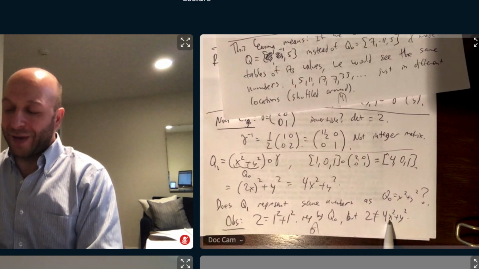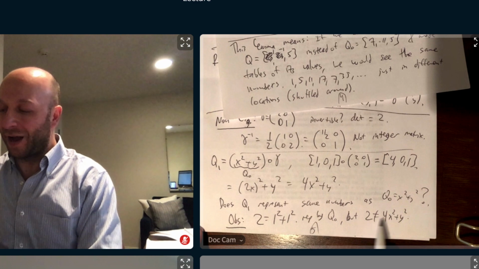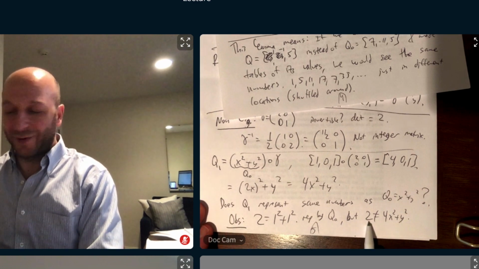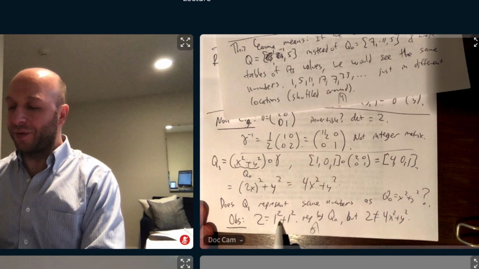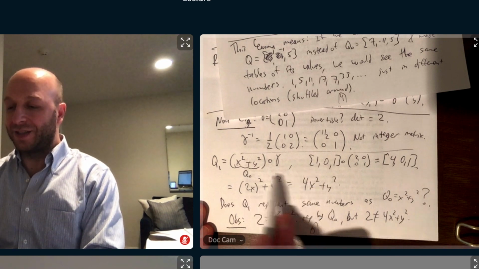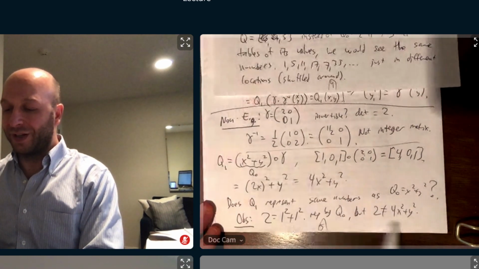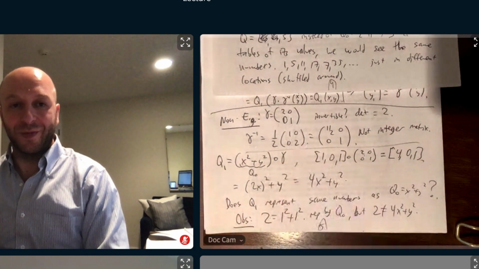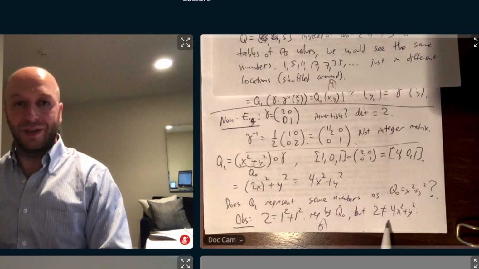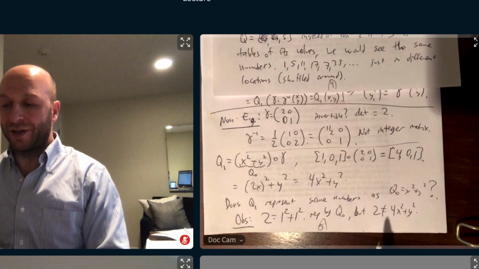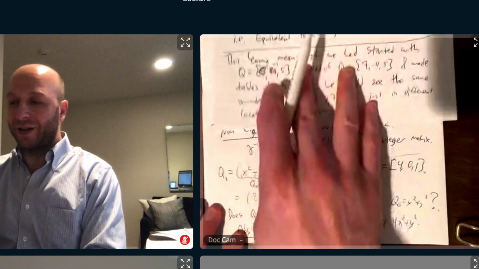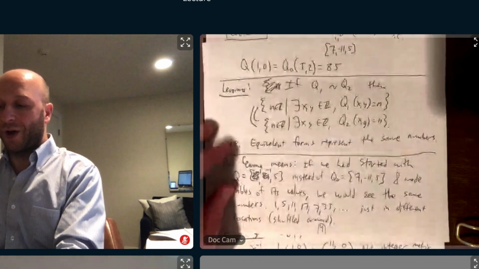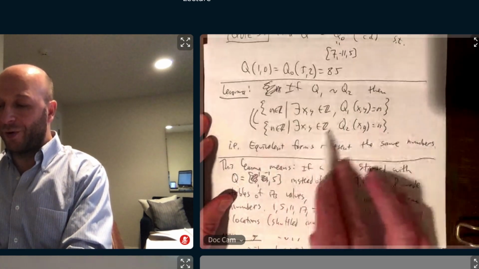If I make x anything other than 0, I'm too big. So that's exactly what Dependro is referring to. I'm stretching it disproportionately. This does not have determinant 1. It's not invertible. And so even a rational change of variables does not preserve the set of represented numbers. So this lemma is crucially a lemma about invertible integer